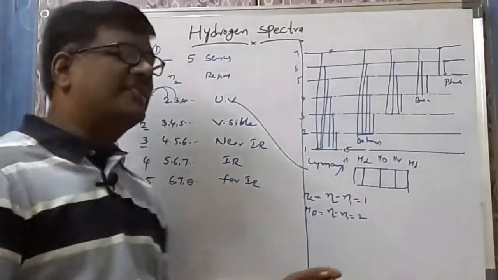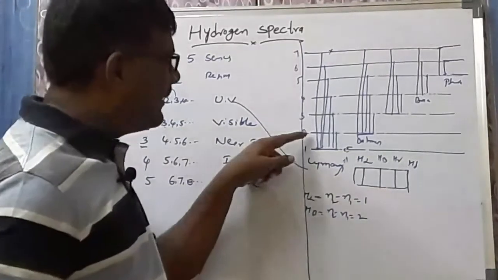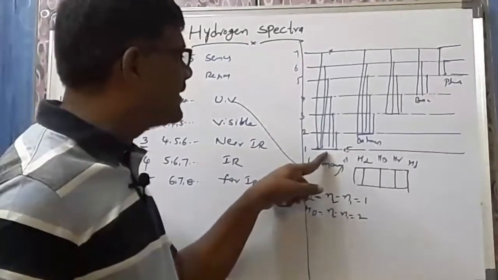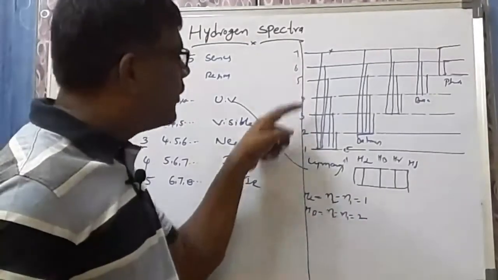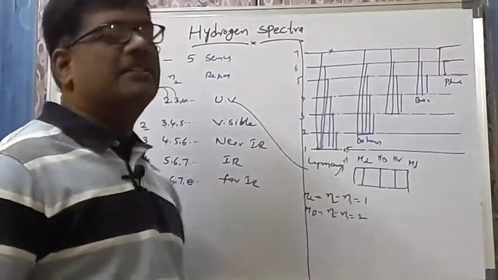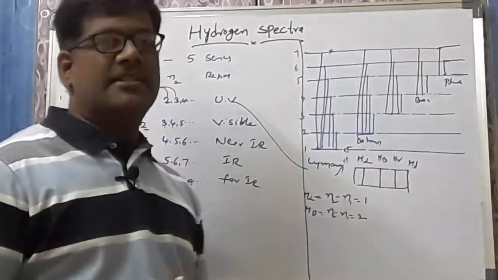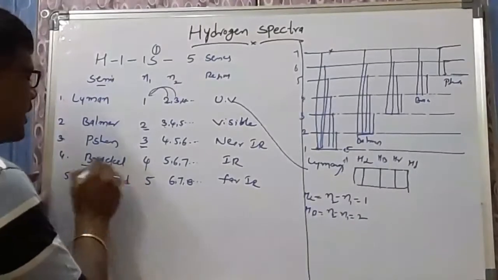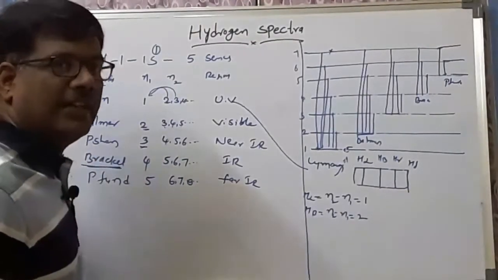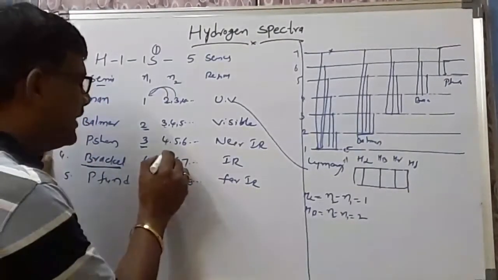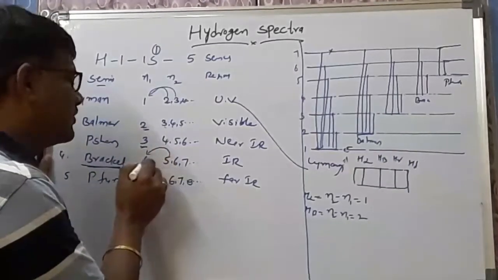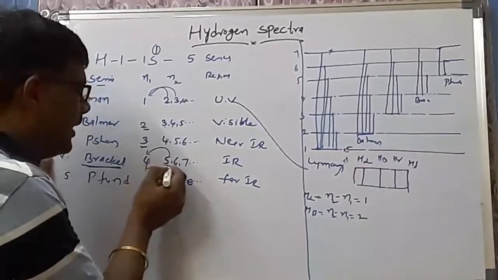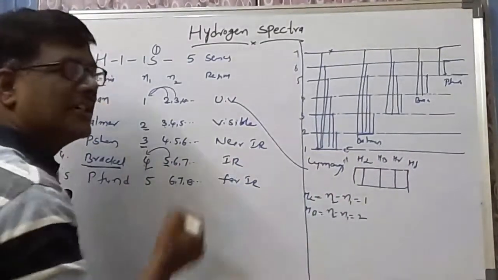Ultimately, in the Lyman series, the first line, whenever the electron jumps from 2 to 1, is called the H alpha line. 3 to 1 is called the H beta. 4 to 1 will be the H gamma. Like that you will get different lines. Ultimately, if it is asked in your examination, in the Brackett series, what is the H alpha line? What is the first line? The first line is the electron jumping from 5 to 4. Nothing but n2 is equal to 5, n1 is equal to 4. 5 minus 4 equals 1. This is the condition.